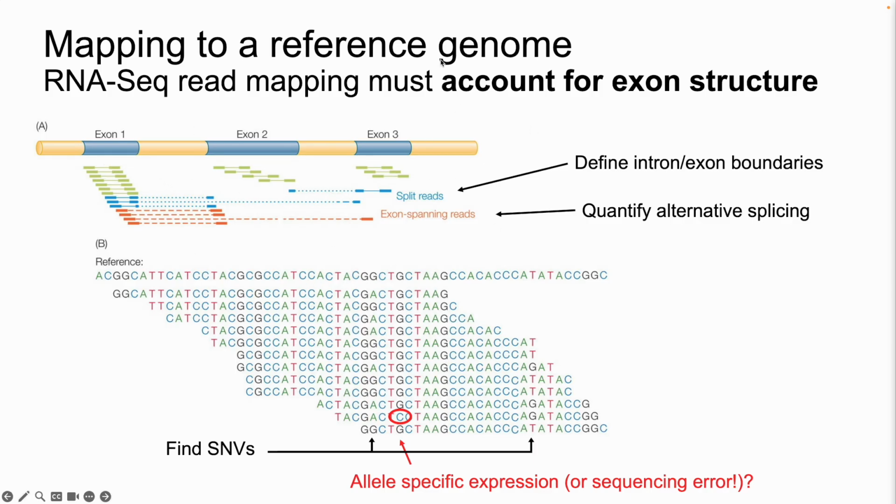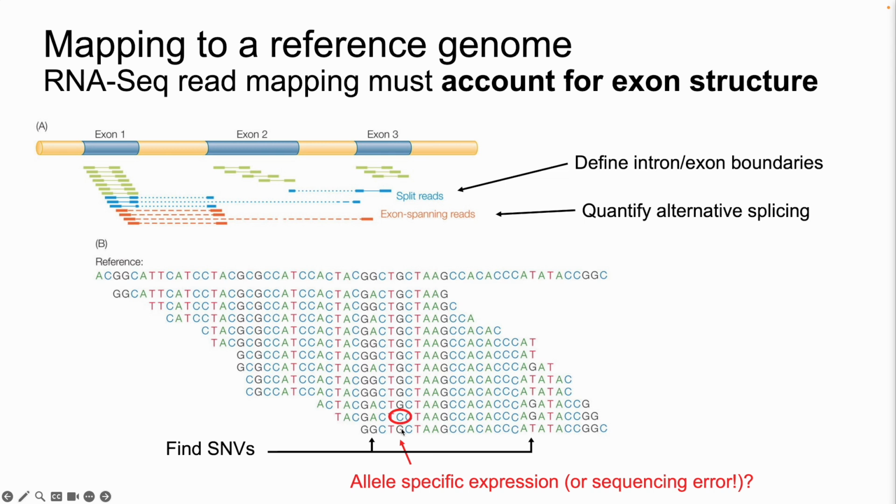So these alignments to the exons end up looking like the genome variant analysis, where we've got these pileups,